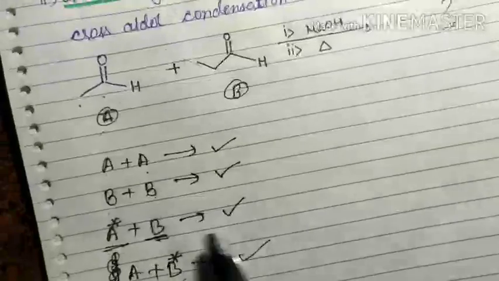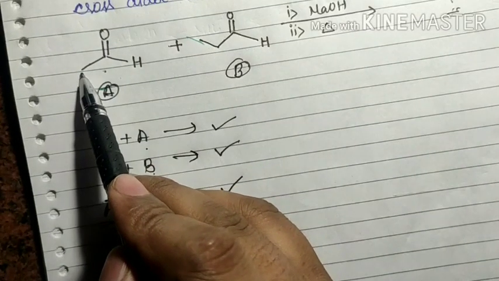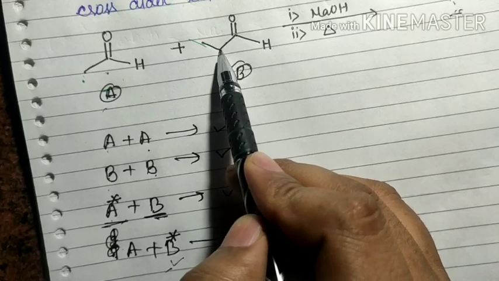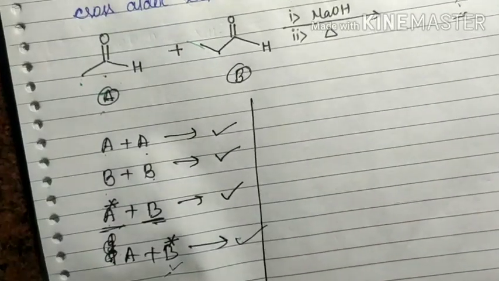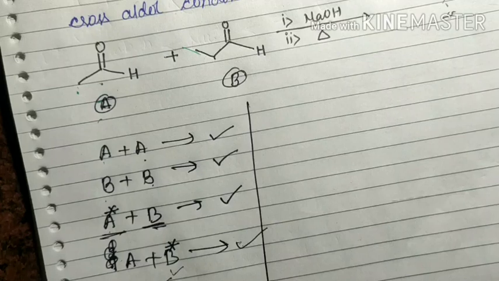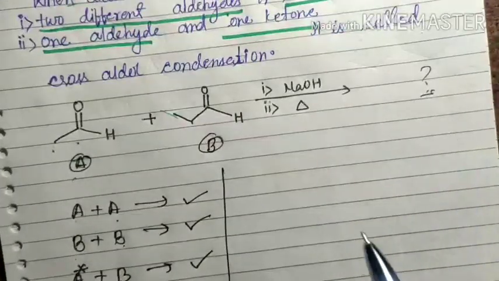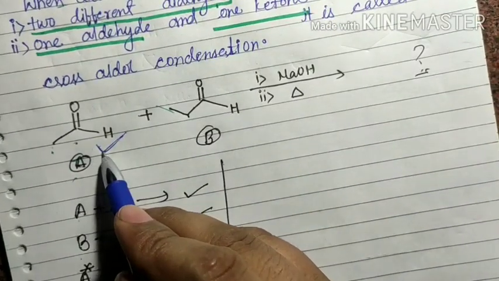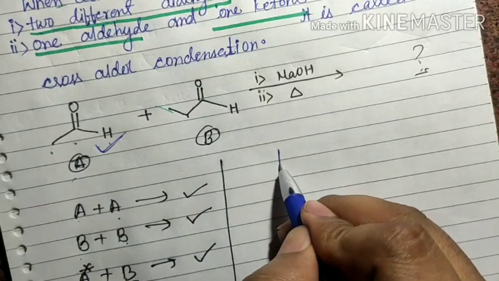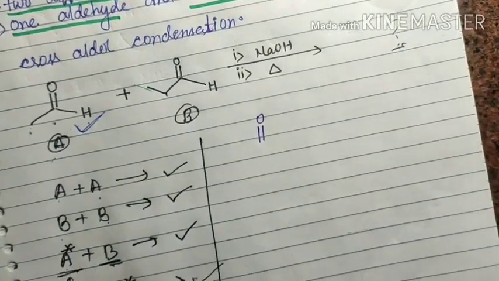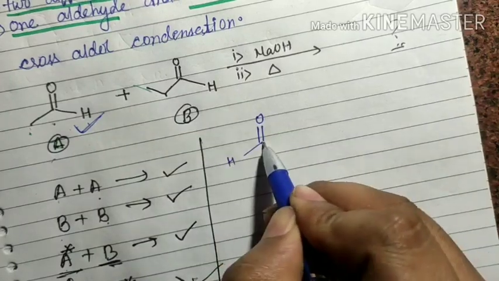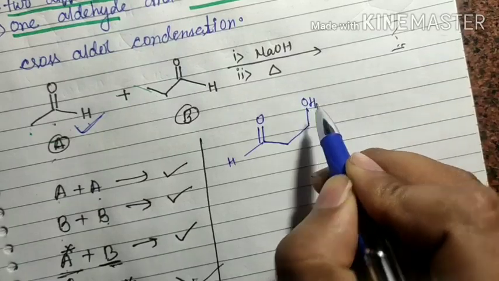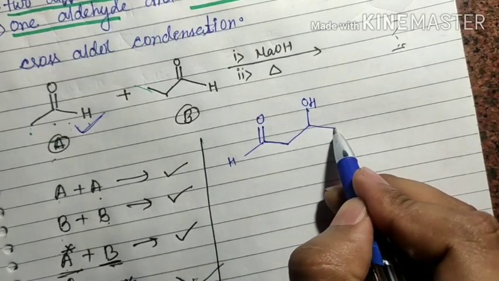And for the reaction between A and B, just think: one time you form the enolate from here, and another time you form the enolate from here. I want to write the product here only. So listen carefully. The first step, if I want to write the aldol product of this molecule, just think how I write it. Double bond O, I write only the product. Double bond O, H, and it forms the enolate, and this one is OH, and the other molecule has only a CH3 group. So this is the aldol product.